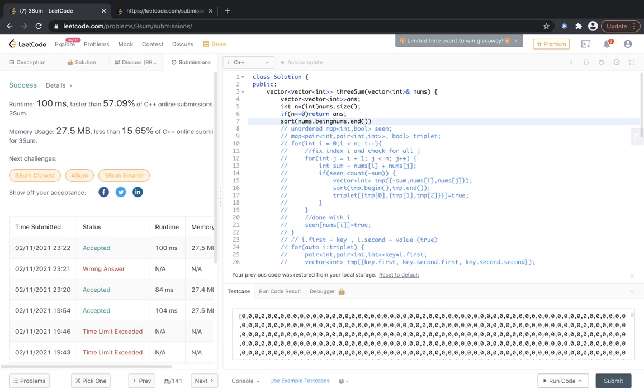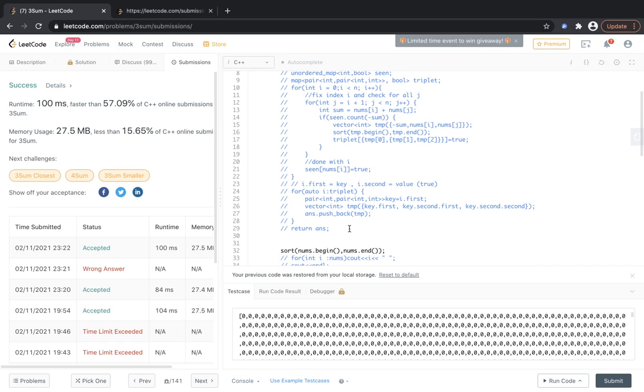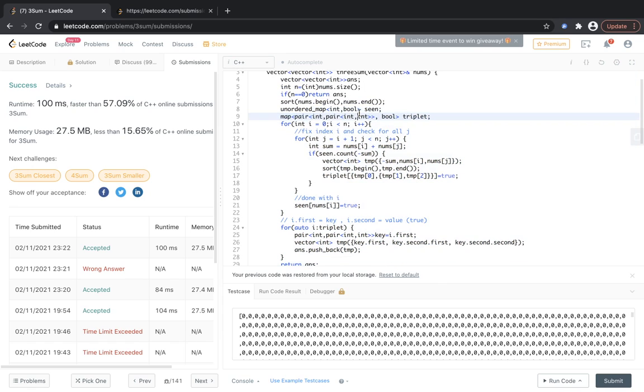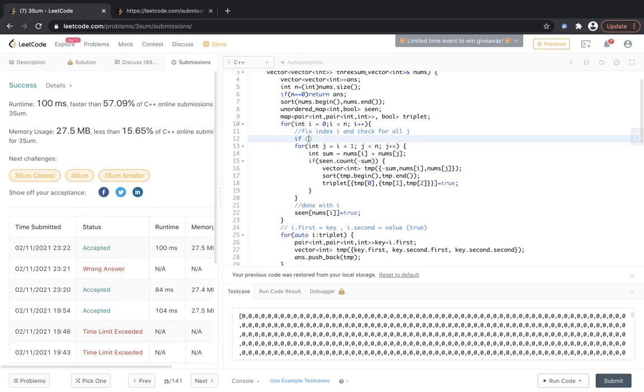My claim is that this should still work. In the nums k triplet loop, if i is greater than 0 and nums[i] is equal to nums[i-1], then continue.